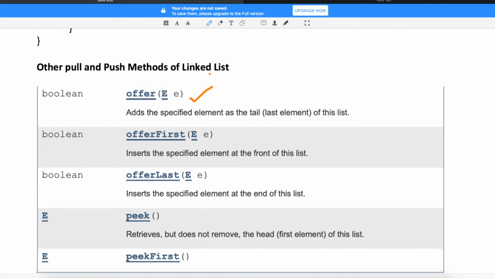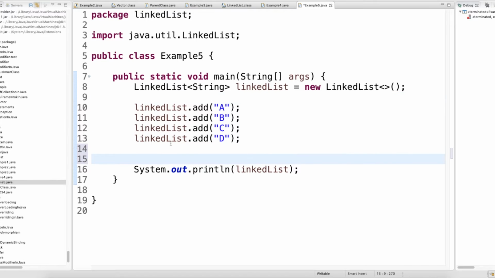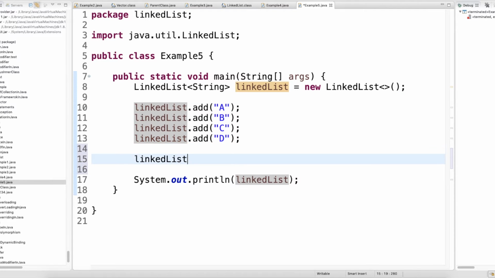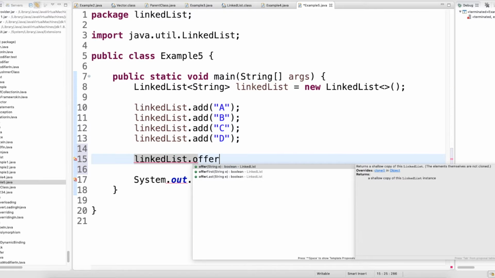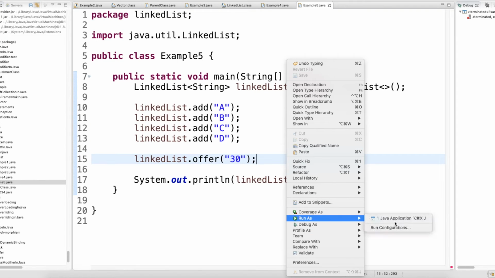Let's see how this offer method works. When I write linked list dot offer and pass 30 as a string, because this will take only a string, it will go and add the data to the last.